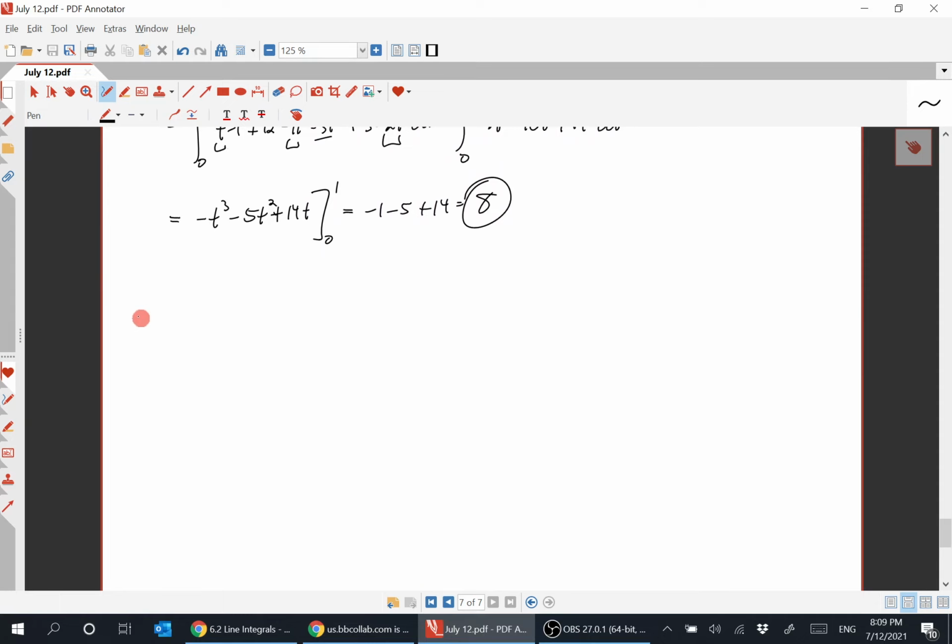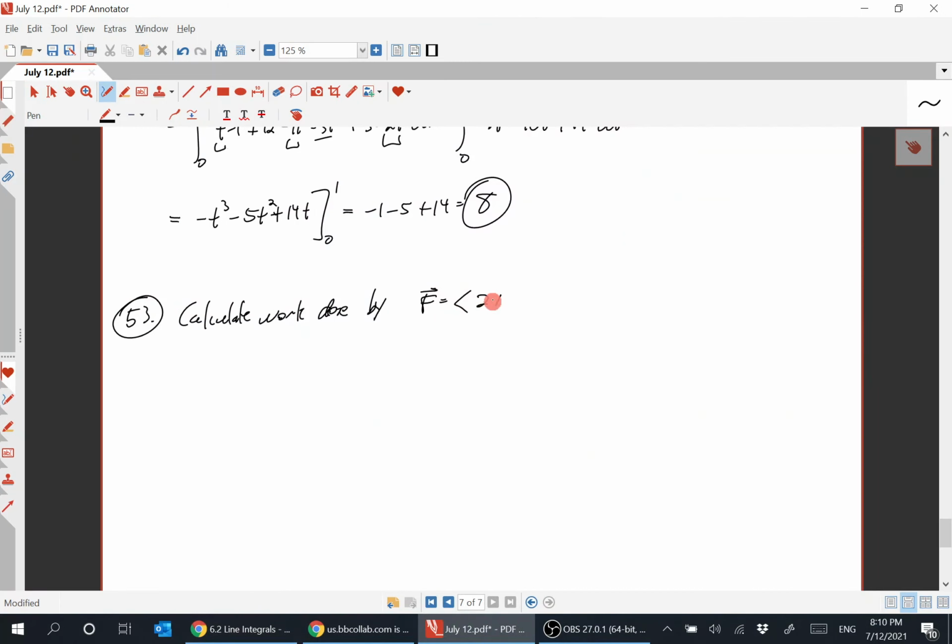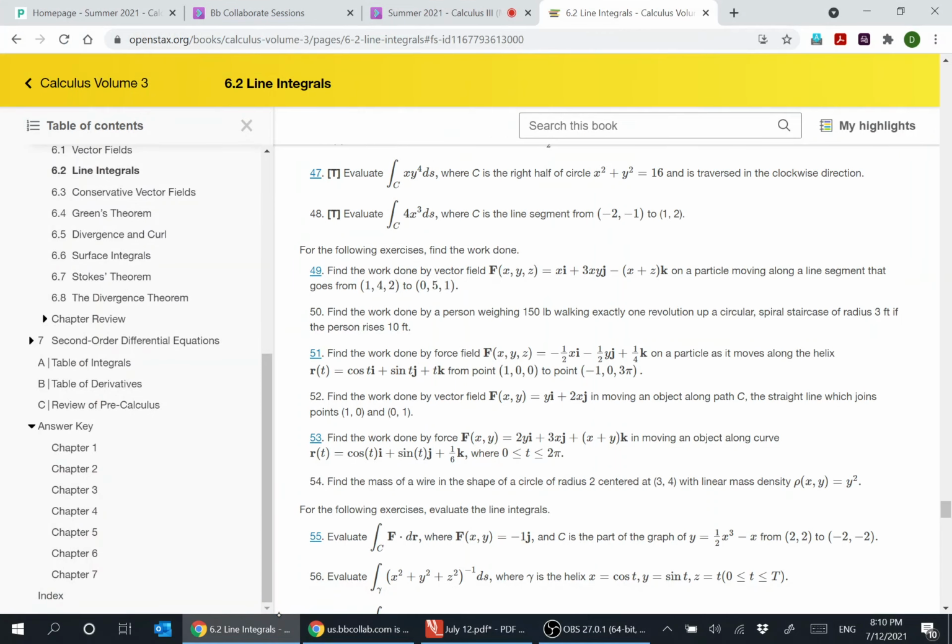So calculate 2y, 3x, and that was x plus y,